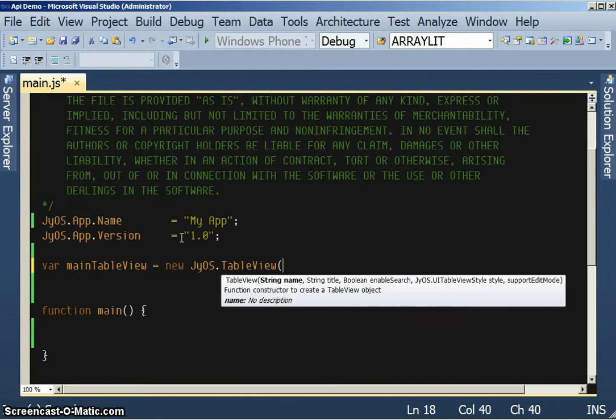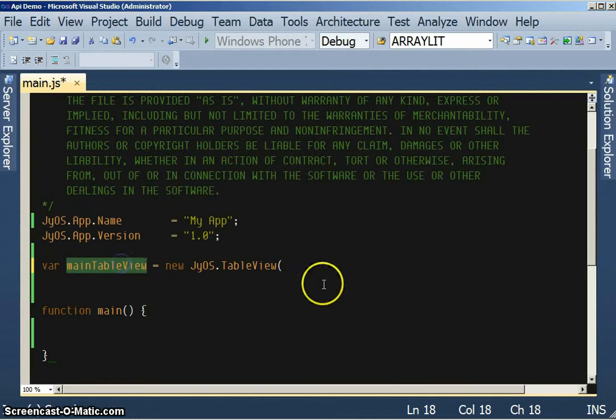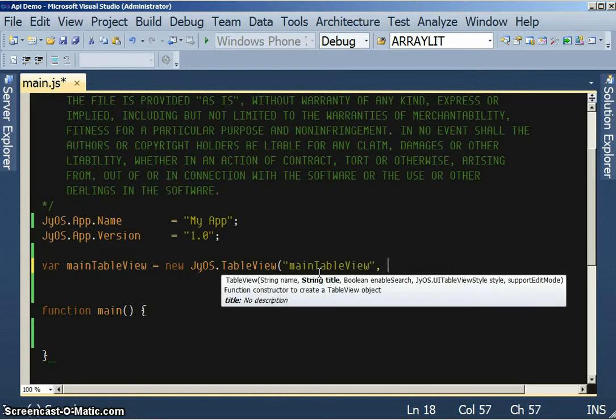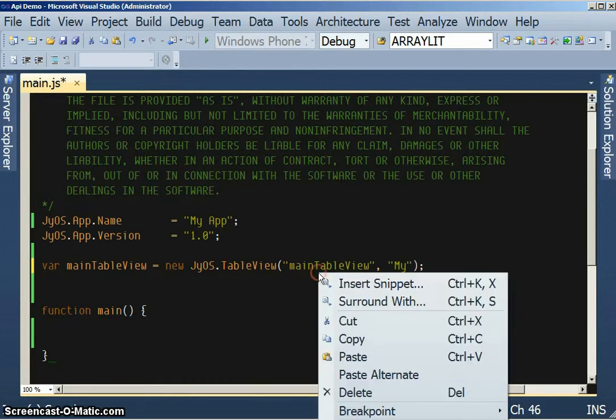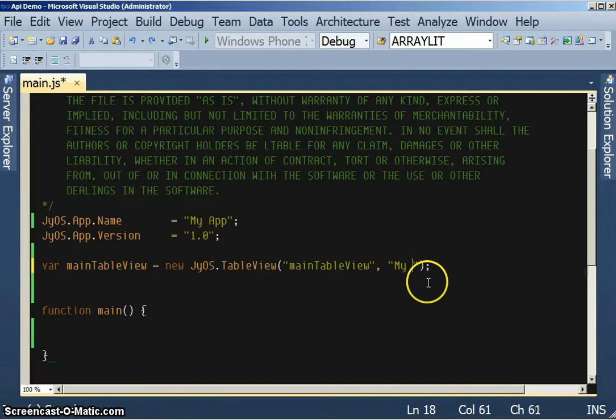And here I'm going to enter the name of my table view, which is going to be mainTableView. And I'm going to enter a title. So for the title, let's call it My Table View. Once I have a table view,